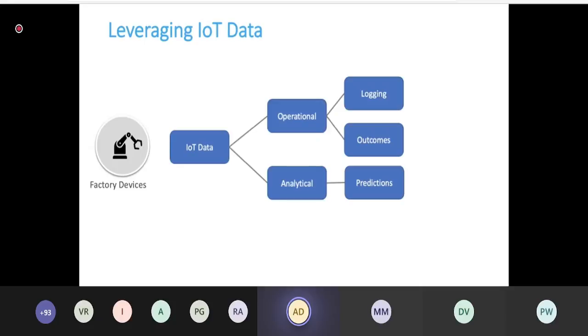Analytics is all about predictions, the ability to use the historical data, in this case maintenance and outcomes for factory-level robots, as to what was its success or what was its failure. Typically we will be focusing on the failures. We know that if a certain number of parameters are set, there is a certain percentage chance that the robot is going to fail in a particular way, and the ability to predict that